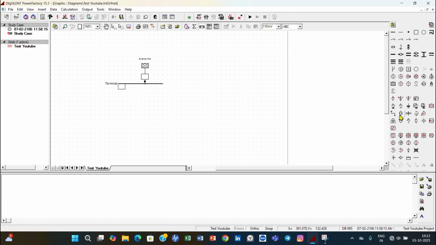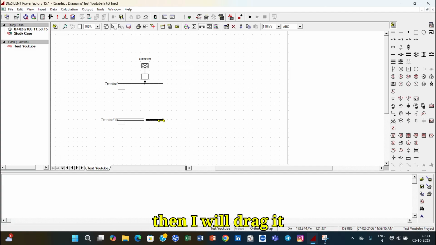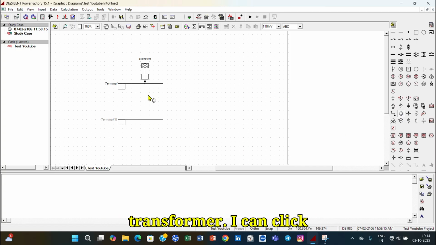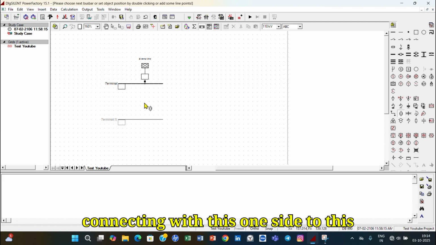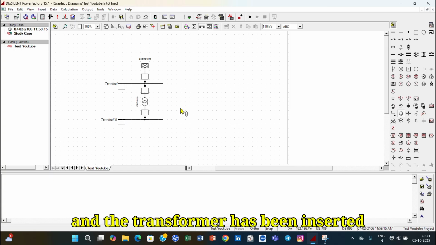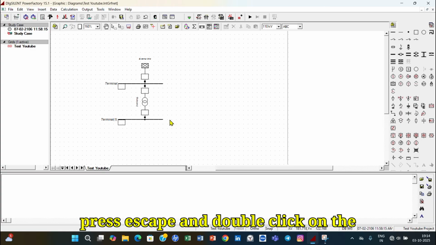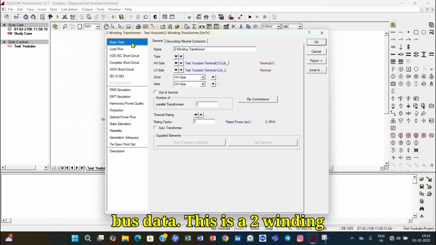Then I will take another bus and put it here like this, and then I will drag it like this, and then take the transformer. This is the two winding transformer. I can connect one side to this side and another side to this, and the transformer has been inserted between the two buses. Then press escape and double click on the transformer, and in the transformer the bus data,